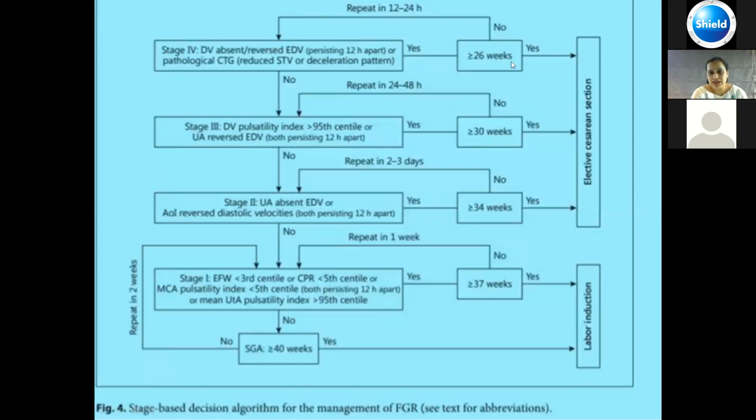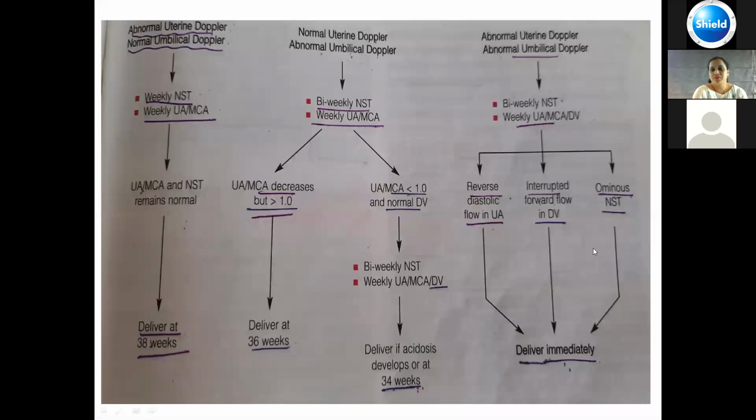The most challenging time is 26 weeks. If absent or reversed ductus venosus and any pathological decreased variability are both seen, we need to terminate the pregnancy and counsel the parents for NICU admission and further management. This is a very simple chart I usually remember in my clinic whenever I see such patients. I don't want to lose this from my brain because it's a beautiful chart. So I always depend on this to deliver the babies.